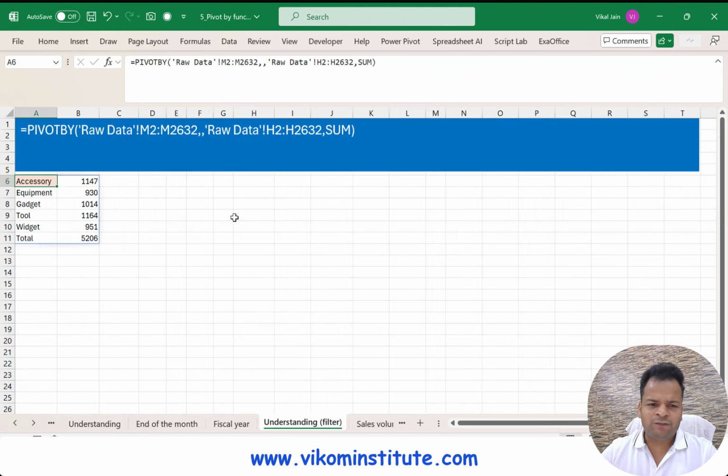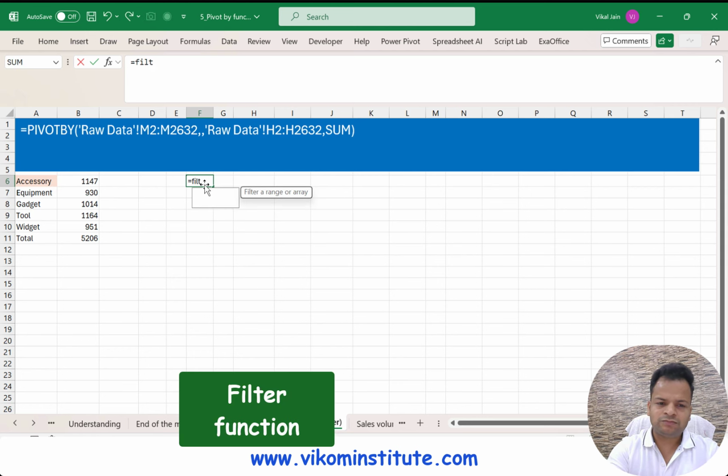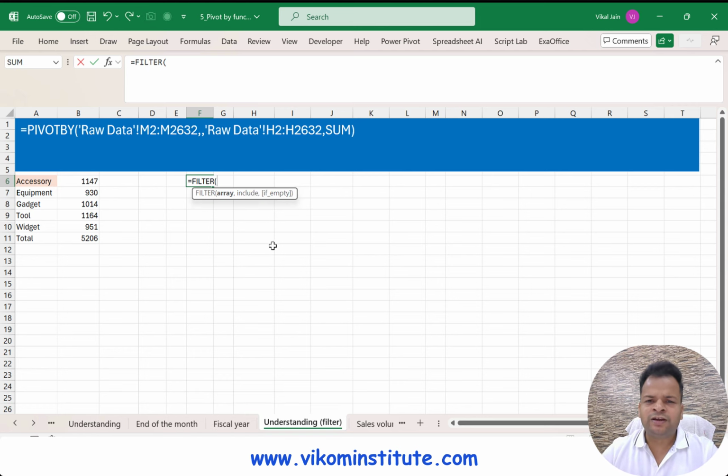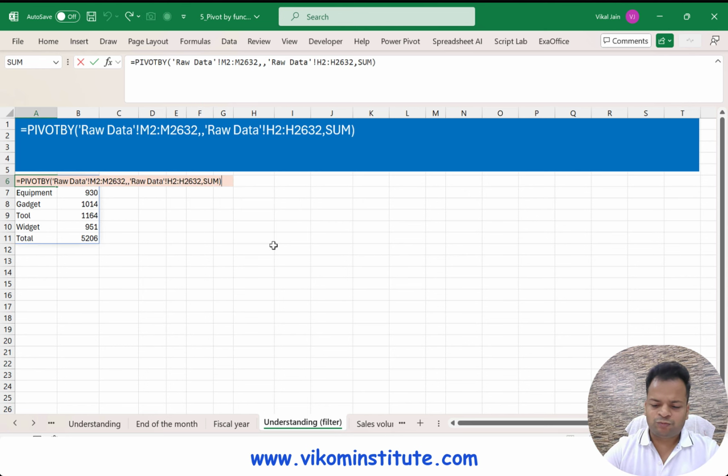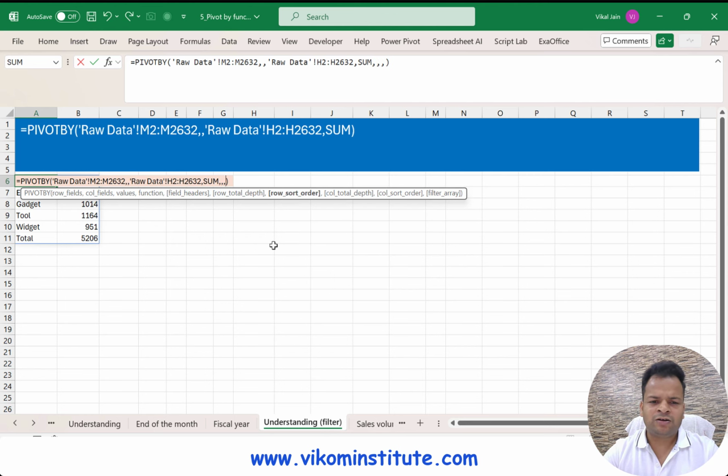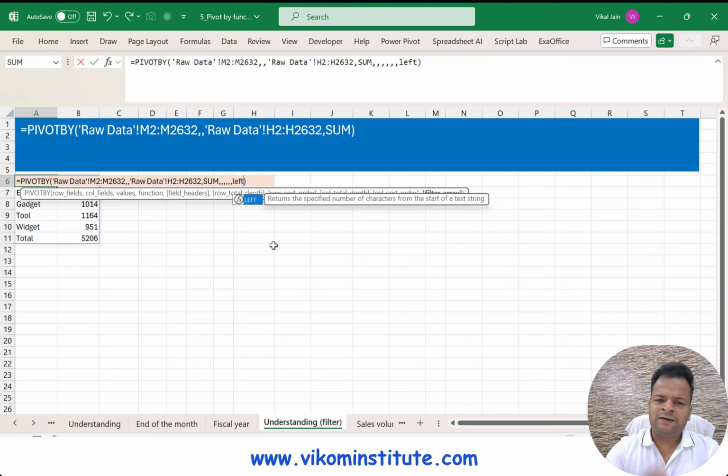If I talk about the FILTER function, the include argument means everything you should give in TRUE and FALSE. So that's how I'm going to work over here. So I am going to use FILTER over here, comma, comma, comma, comma, comma, comma, and here it is the filter array.